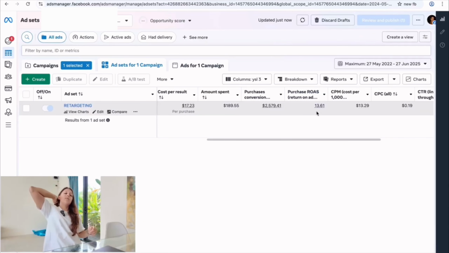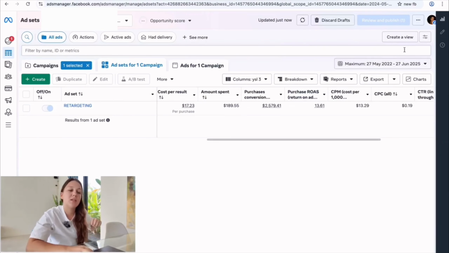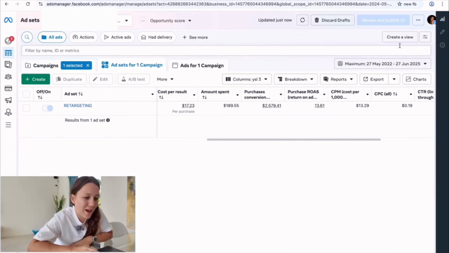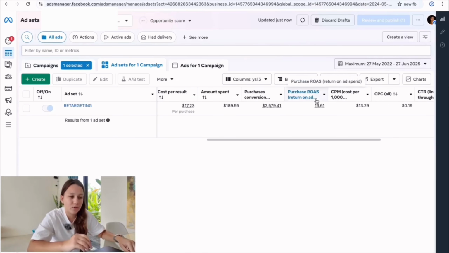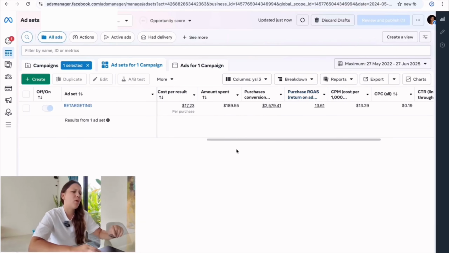So obviously here we've got the 13.61 ROAS. Over time, this obviously died down. I think at one point we were on a 54x return, which is pretty crazy. We're operating on a 54x ROAS, even a 26 ROAS in the other campaign, which is pretty fucking insane. So as I said before, we barely spent any ad spend for this client. Like, we literally spent 189 bucks